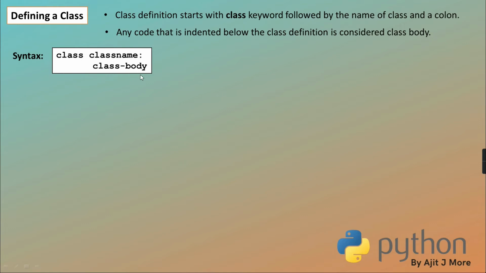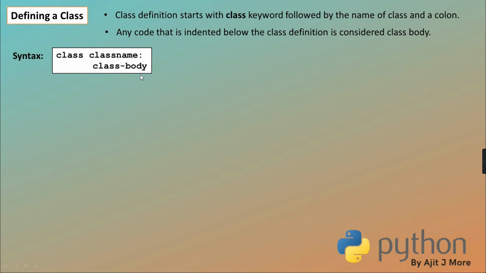Now normally the class body will contain data and functions. Yesterday I told you, a class is an encapsulation of data and methods, that is, characteristics and behavior, right? So all the data and functions will be there, and functions will contain logic, algorithms in which that data will be accessed or manipulated, right?